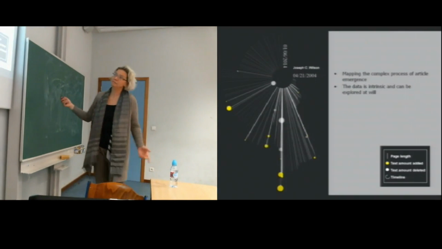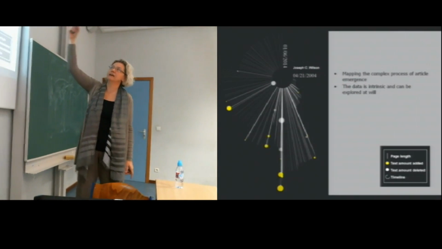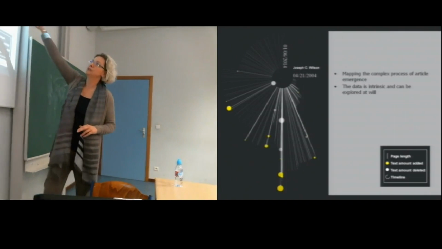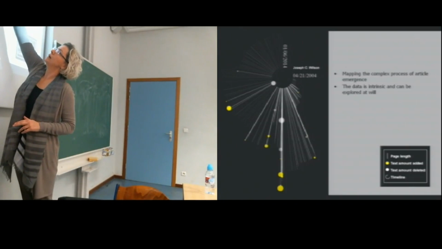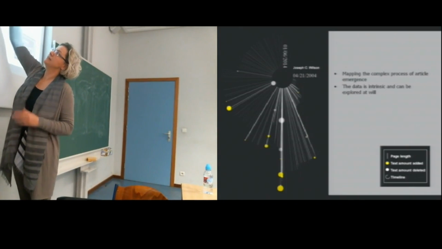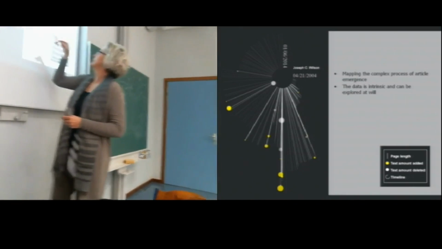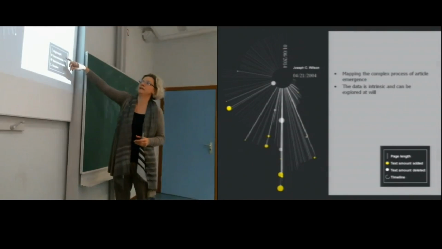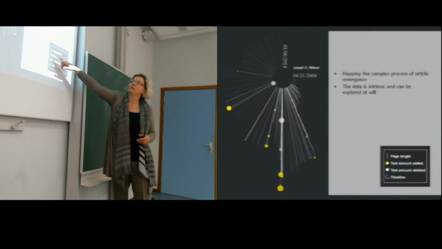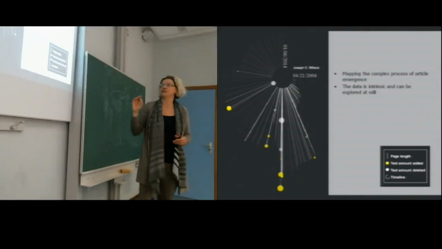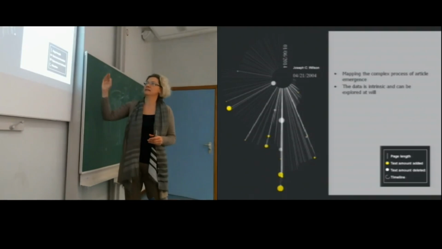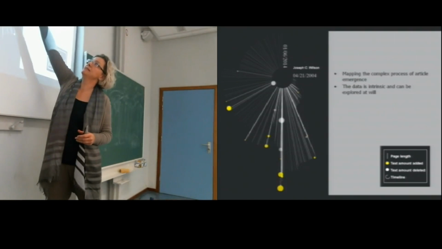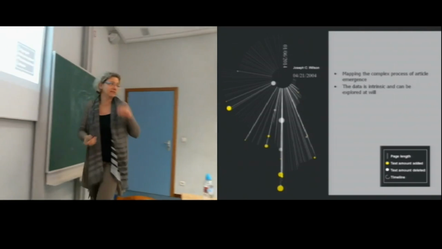So for example, this is an article about a senator that had a scandal. It doesn't matter. But you can see that from 2004, the article is starting. The length of the segment gives the page length. The yellow with the size of it gives each time the text added, the white the text deleted, and the circle gives the timeline, which is equally distributed until the last available date.